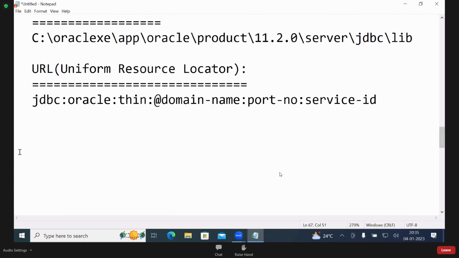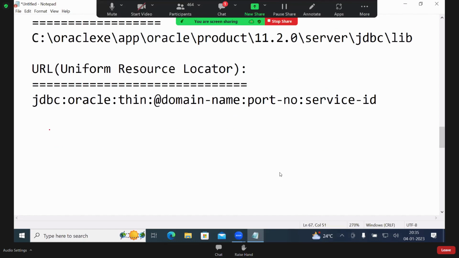It is the protocol, it is the sub-protocol, it is the logical name. I'll explain, just write it.